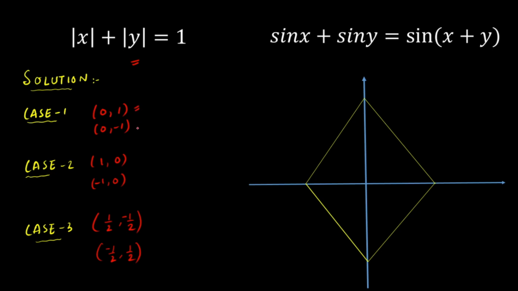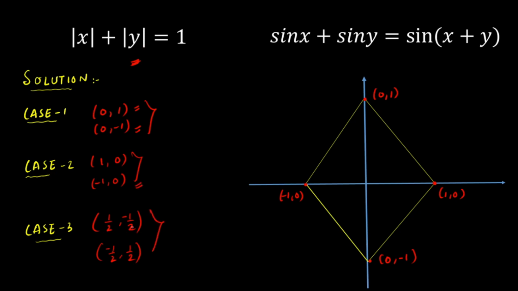So let's start with these 2 points, 0 comma 1 and 0 comma minus 1. So 0 comma 1 is easy to locate here, that is 0 comma 1 and 0 comma minus 1. As you can see, both points are satisfying this curve, that is mod of x plus mod of y is equal to 1, because they are lying on the curve itself. So similarly these two are our solution. Similarly I'm going to plot 1 comma 0 and minus 1 comma 0 on the curve. So 1 comma 0 is on the x-axis, that is 1 comma 0 here, and minus 1 comma 0. And again these two are satisfying the curve, that is mod of x plus mod of y is equal to 1. So these two are already our solution.